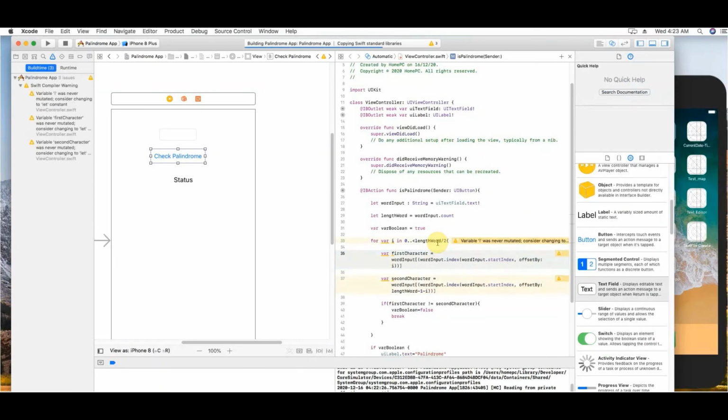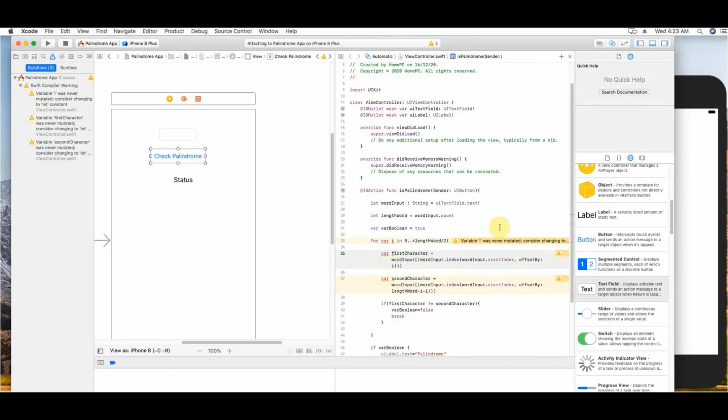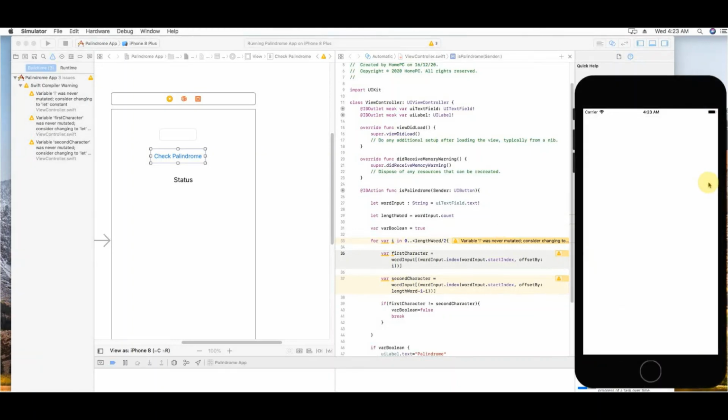So I have started the build again. Let's hope it, yeah, the build has succeeded. So I think our app will come up in the simulator anytime. So let's wait. Perfect. Our app is getting loaded. Yes, the app has come up. So I'll again check first a few T's. I'm expecting it to say palindrome, and racecar should be a palindrome, yes. Then adding just an a at the end, it changes to not palindrome. Perfect. I'll end this video by checking level once again, and that shows palindrome.